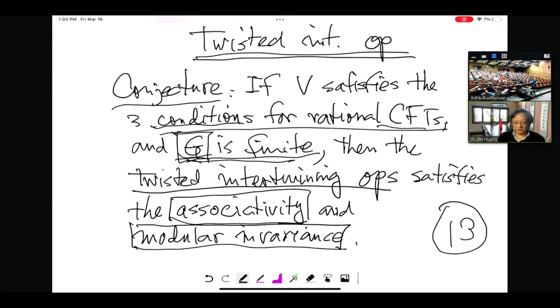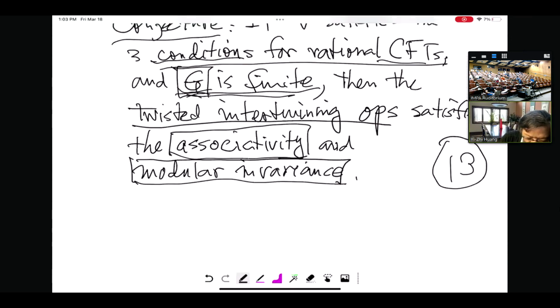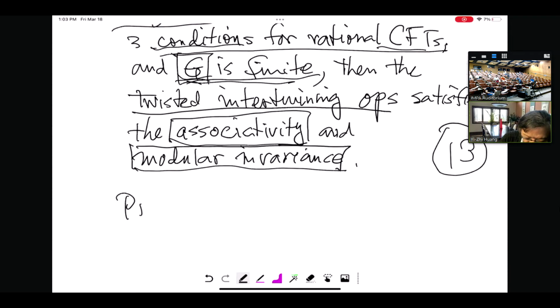say, for example, C2 cofiniteness, I believe that C2 cofiniteness will reduce this infinite sum to a finite sum. So a lot of these infinitely many terms will be zeros. But at this moment, I still do not know how to prove this. So this is really a conjecture. And then we have the general problem.